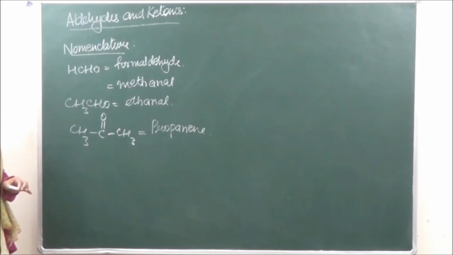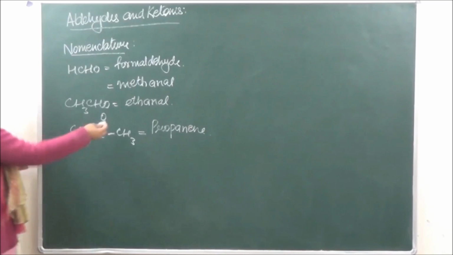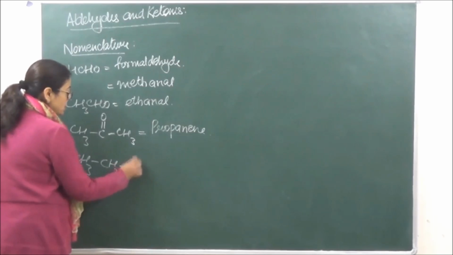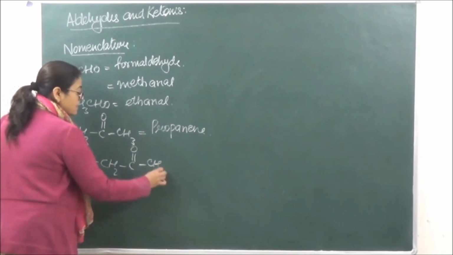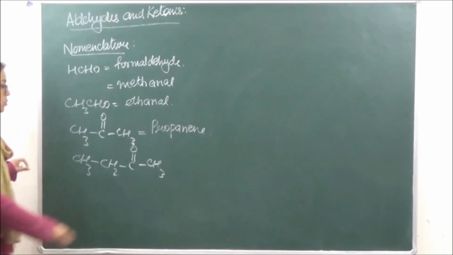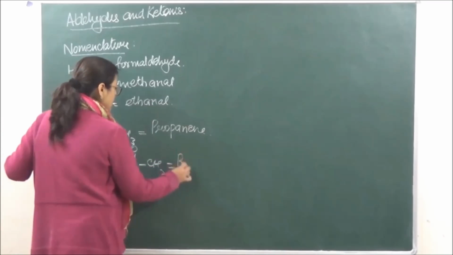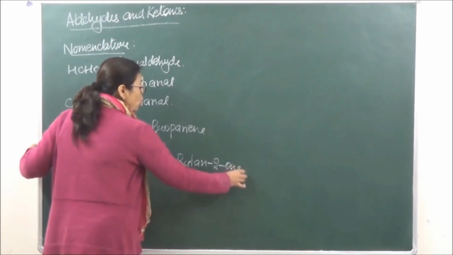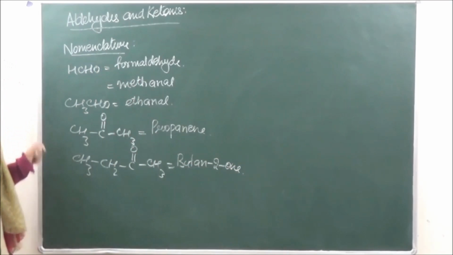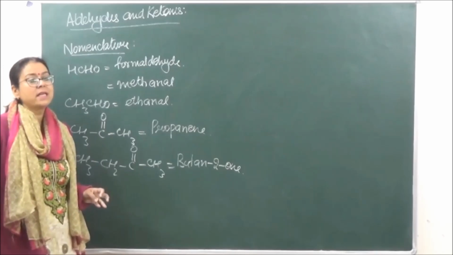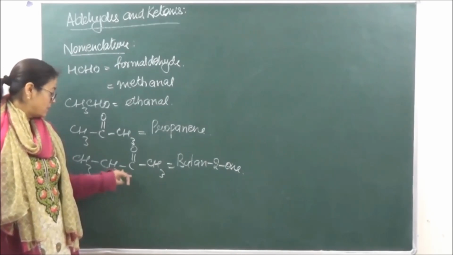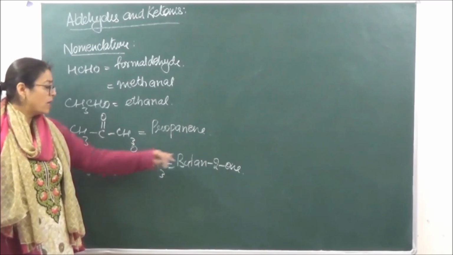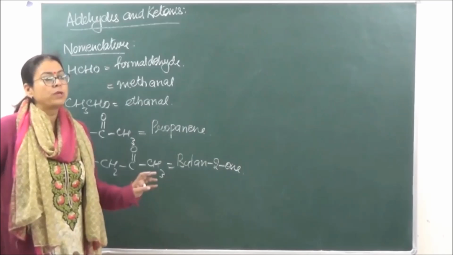Okay? Now, before we go to aromatic, let's take another example over here. We have CH3, CH2, C double bond O, CH3. So now this will be known as butan-2-one. But if you write butanone, then also it is understood that the keto group is present at the second carbon atom. If it is further at the third position, as in pentanone, then you have to include the number 3.